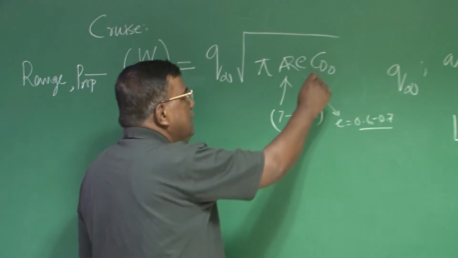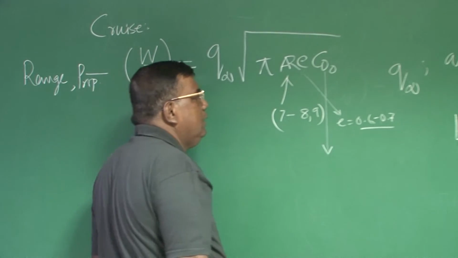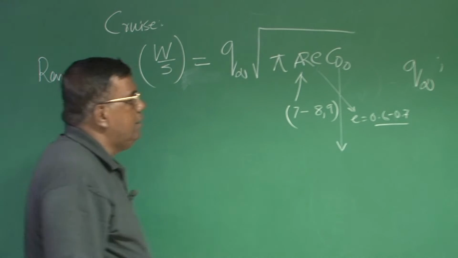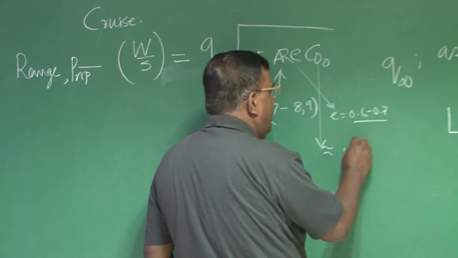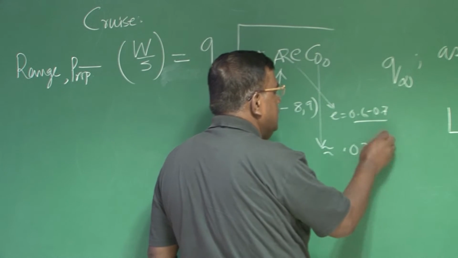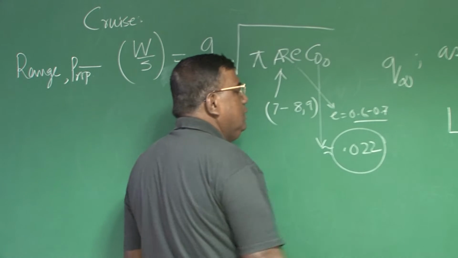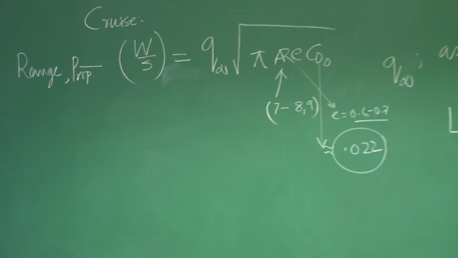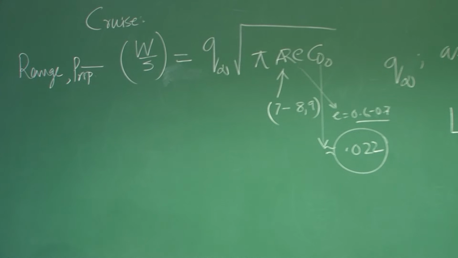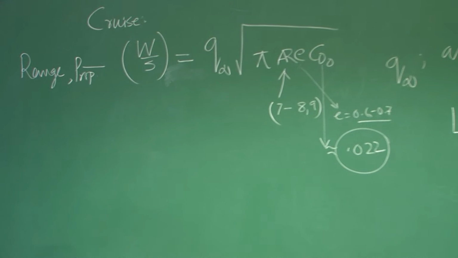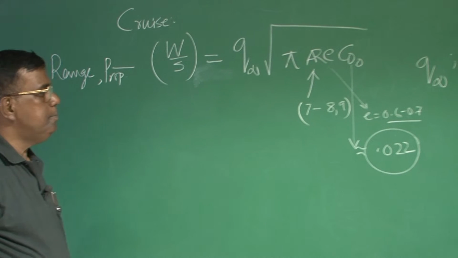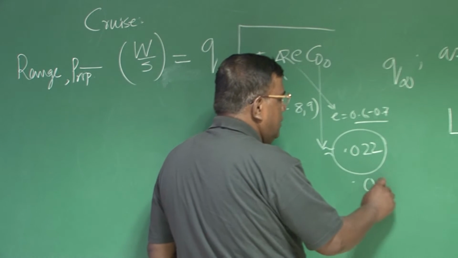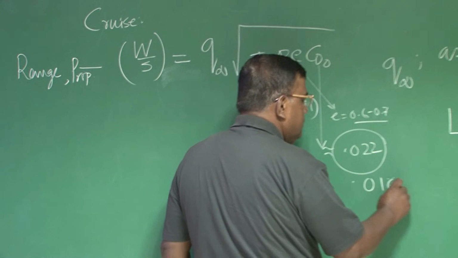And typically CD naught, initially what should I take? For most of the existing airplanes, you will find the order is 0.02, in this 2.2, 2.3, 2.5, around this. But if you are looking into a high performance civil airplane, maybe your Dreamliner, Boeing series, they have attempted a number of this sort, 6 to